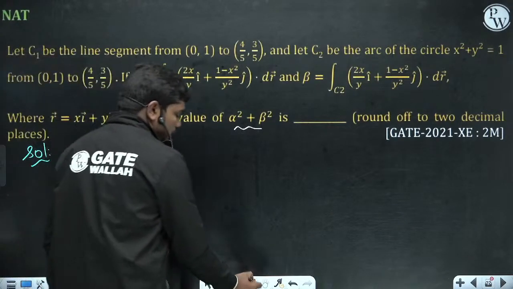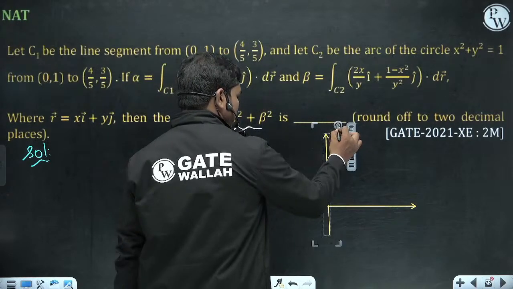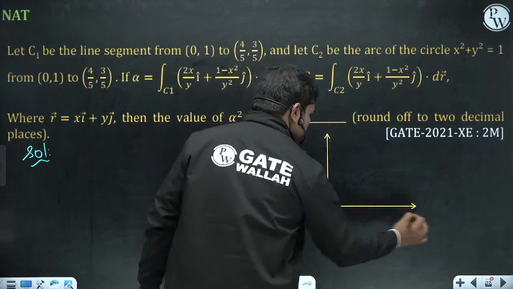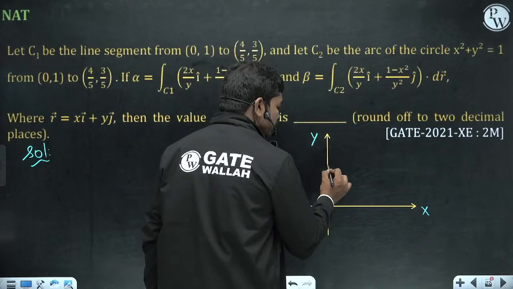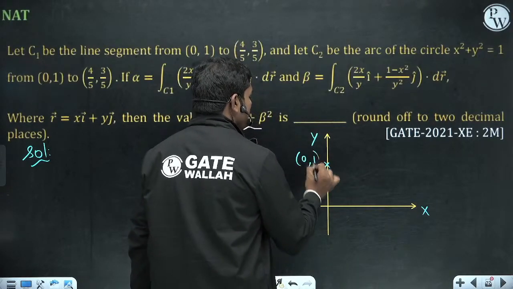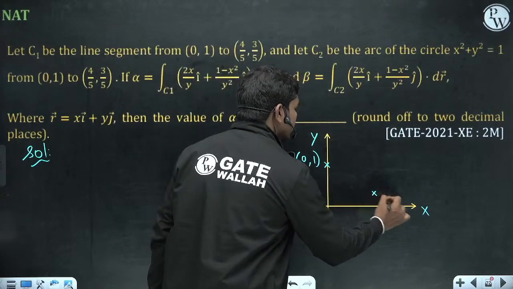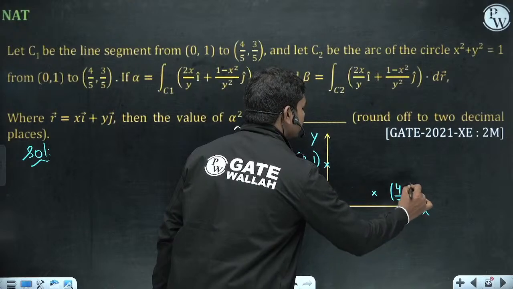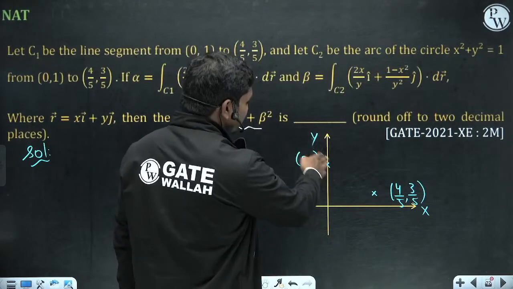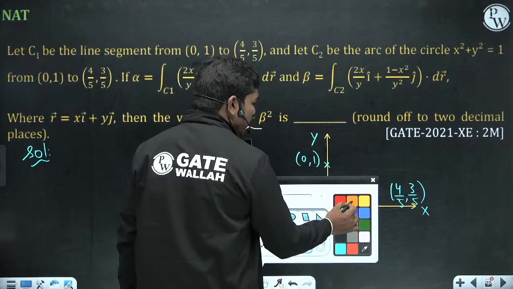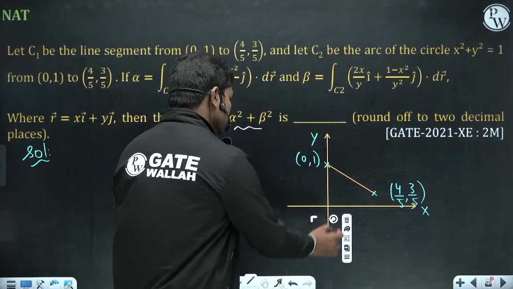First of all, let us see the path. This is the x axis and this is the y axis. Then (0,1) is a point somewhere here, and (4/5, 3/5) will be somewhere here. So let us say this is the point. Now C1 is the line segment between these 2 points. So this is C1,